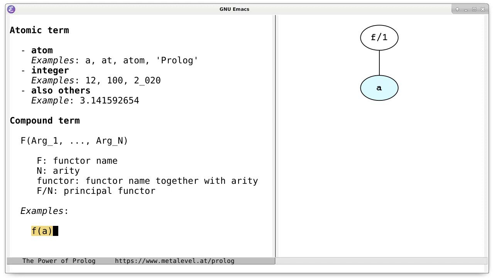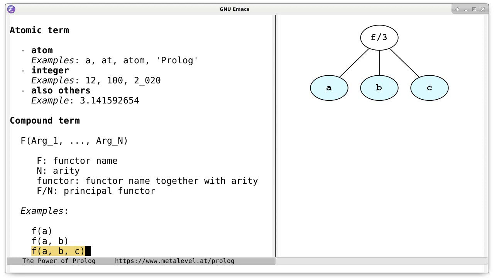As another example, let us consider compound terms with 2 and 3 arguments, f(a,b) and f(a,b,c). In the cases so far, all arguments are atoms.